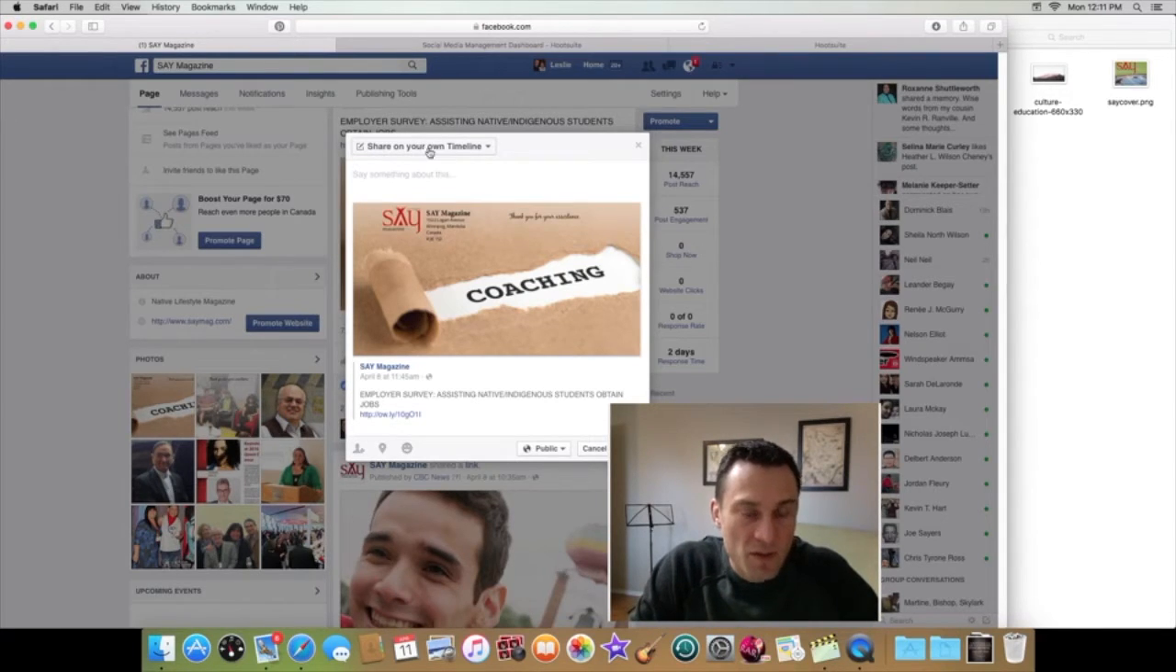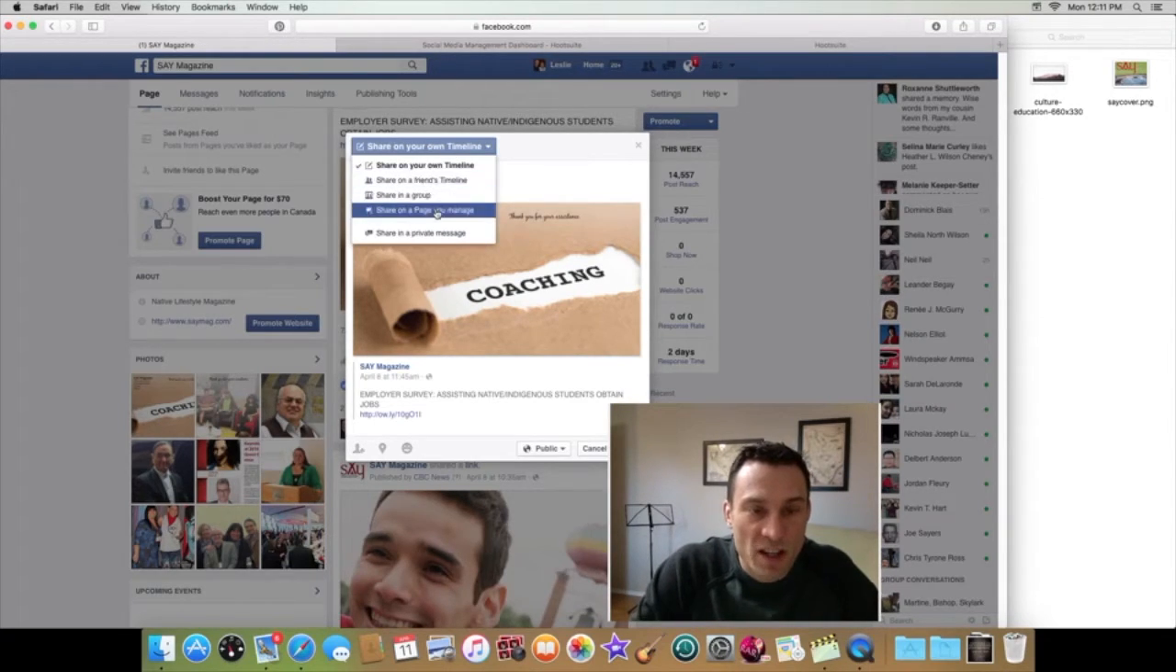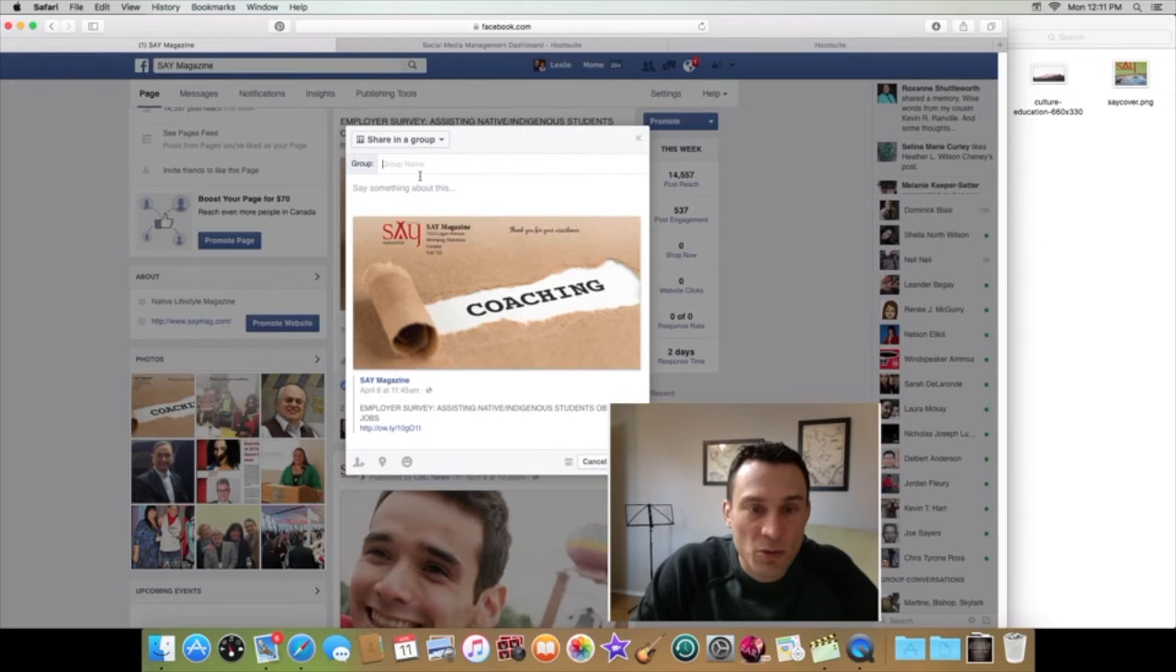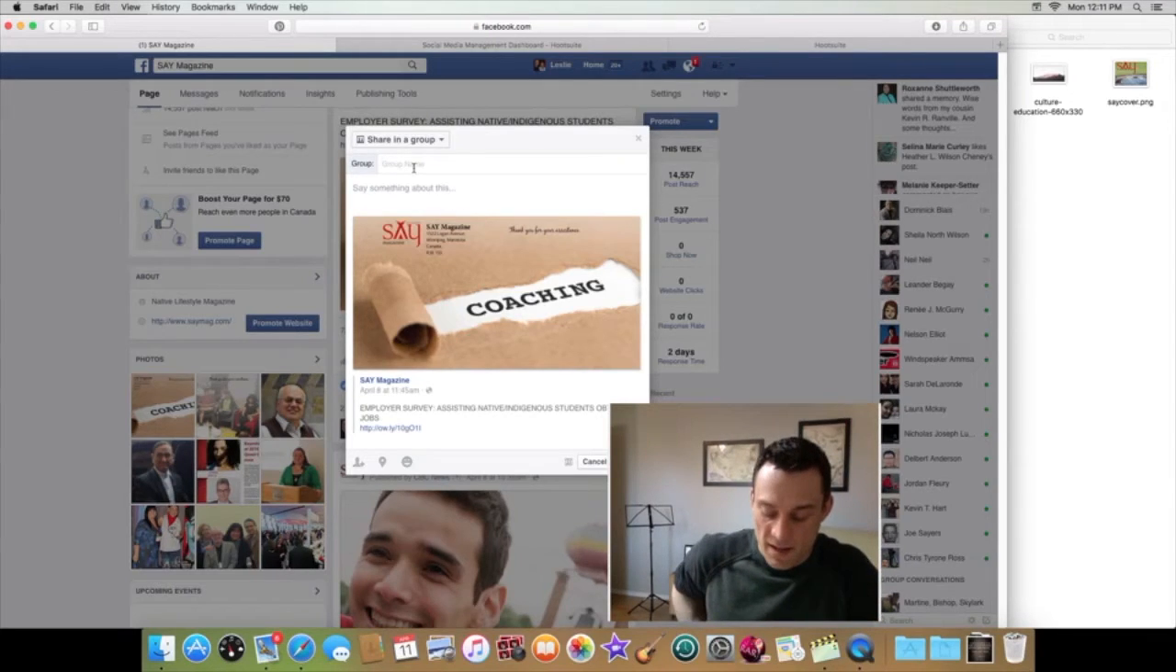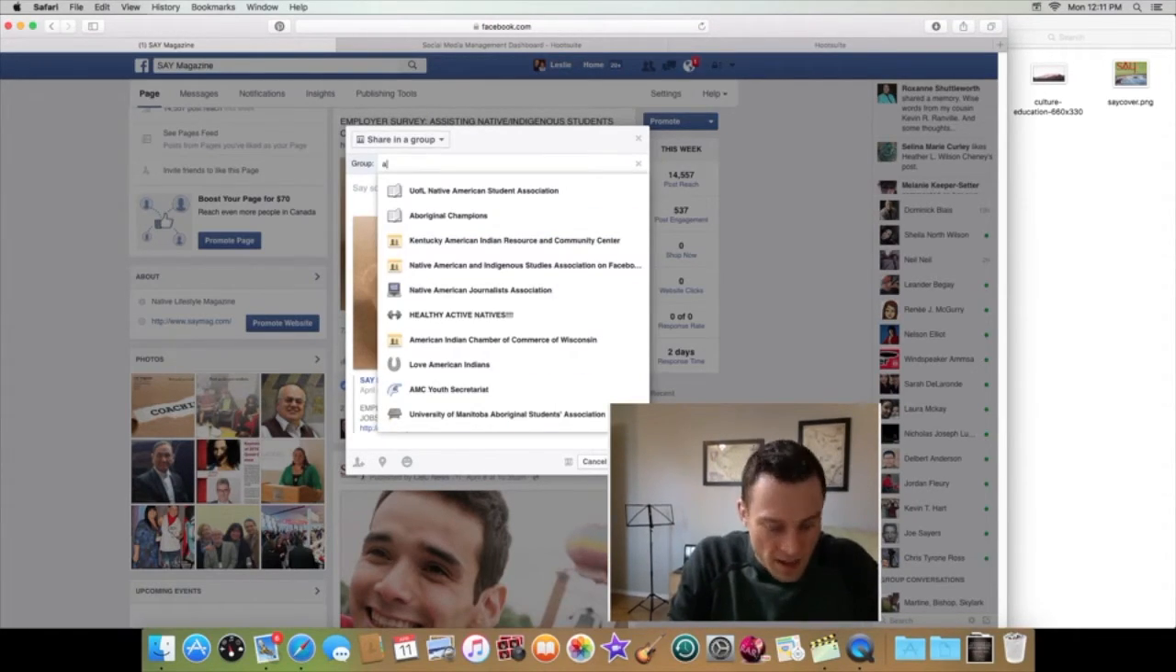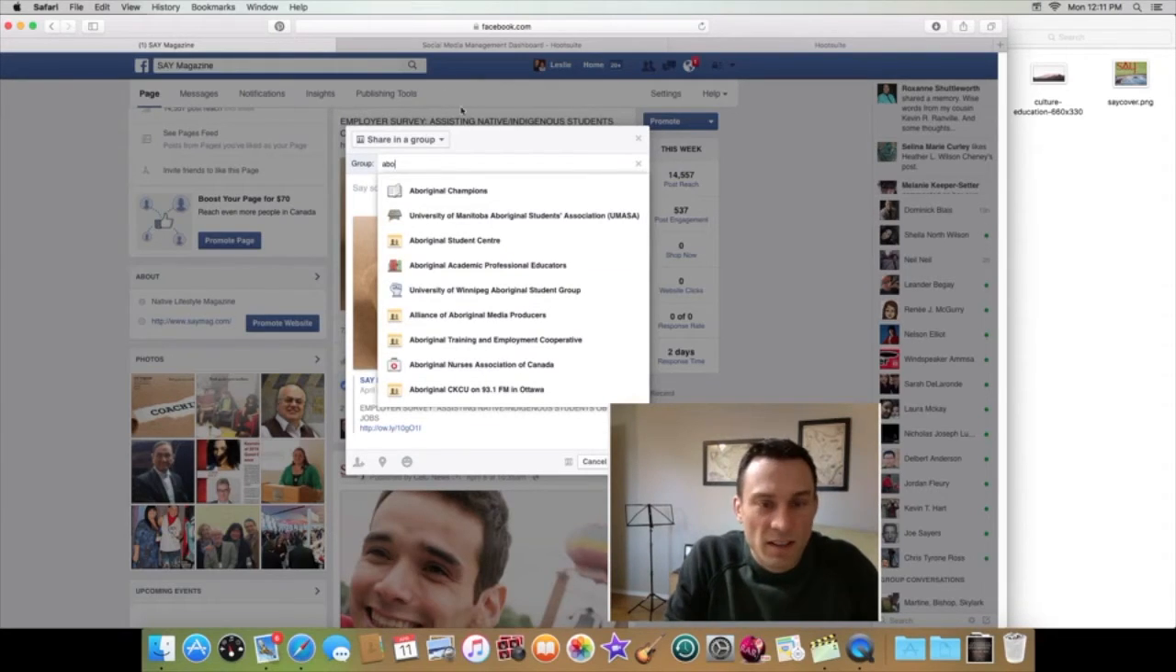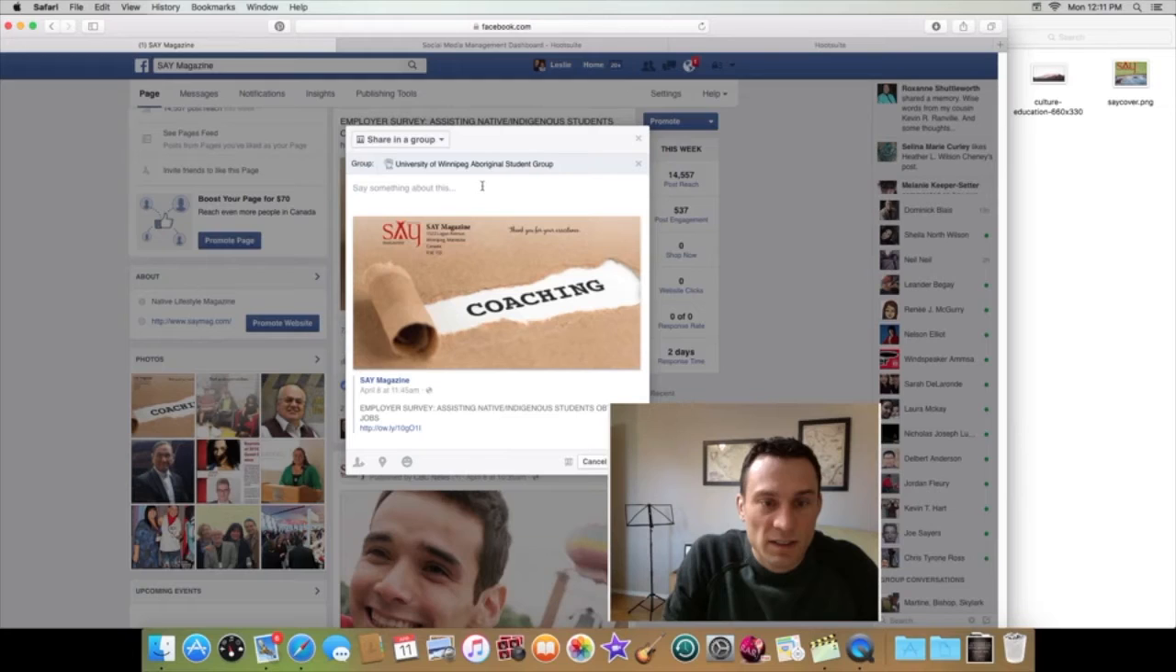Now there's a few options here. The first option by default is always share on your timeline. We're going to change that into share in a group. Now from here, Facebook wants you to type in the groups that you would like to share it to. So this is where I mentioned it's interesting to print out your groups, so you can go down the list and start with your A and find your group that way. So for example, University of Winnipeg Aboriginal Student Group. This is the group here,